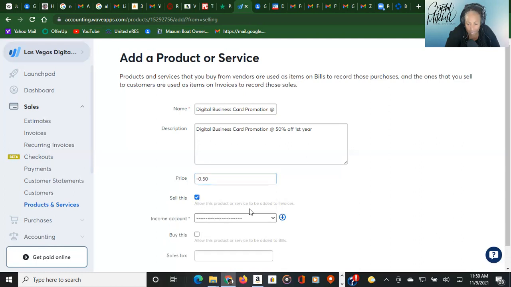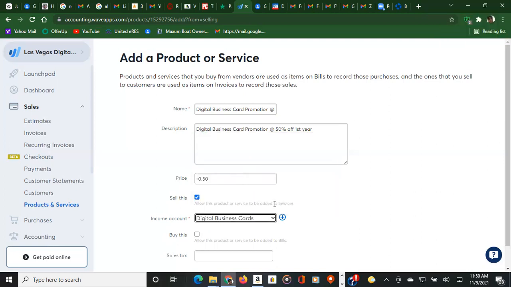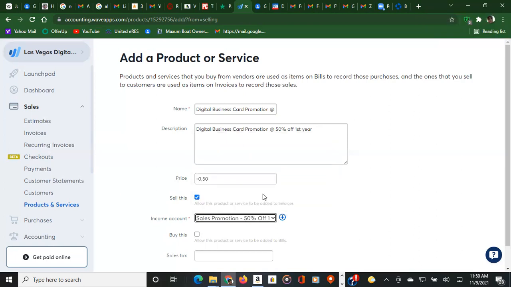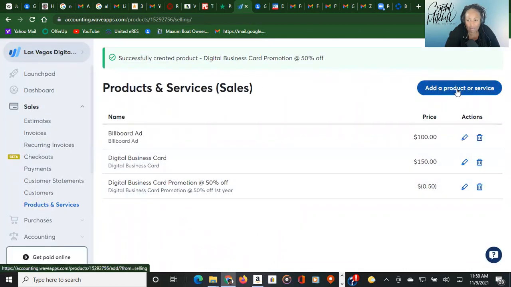And then our income department is going to be the digital. No, another one. This one. Yes, that one. Sales promotion at 50 off. Okay, then you scroll down and save that one. And then we do the same thing for the